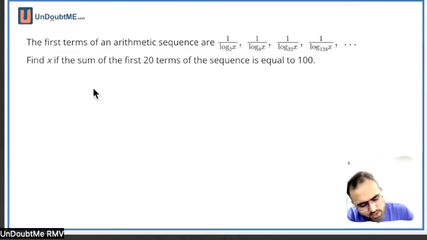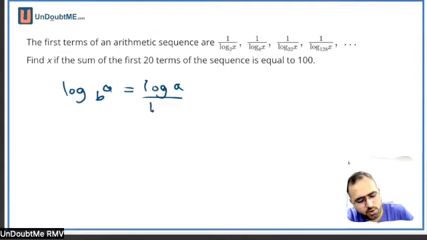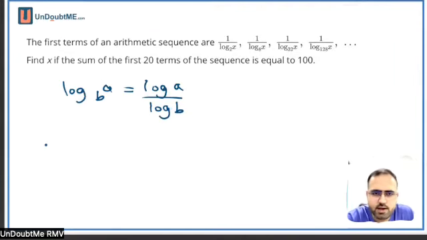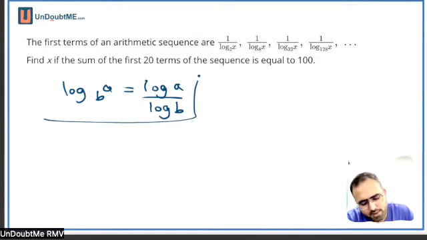So what I'm doing, I'm applying this. Whenever we have log of a to the base b, it can be written as log a over log b to any base. Right now, base is not important. You can take any of your choice. Okay. So by applying this formula, I can write the first term as